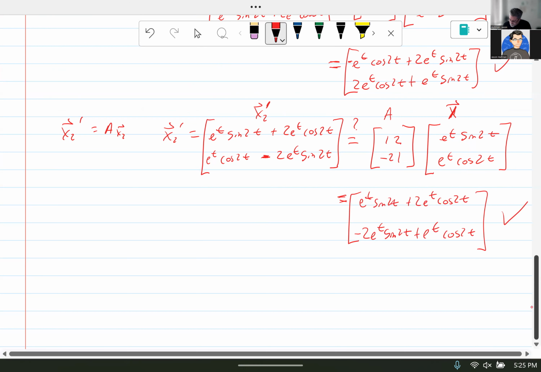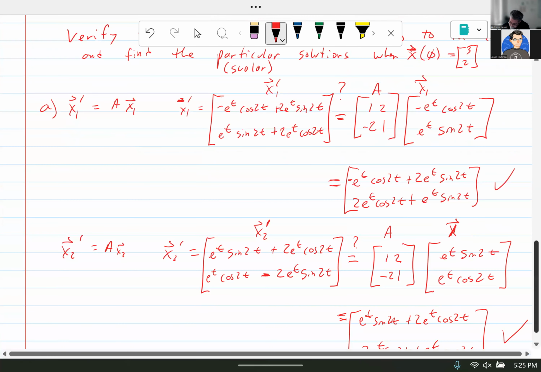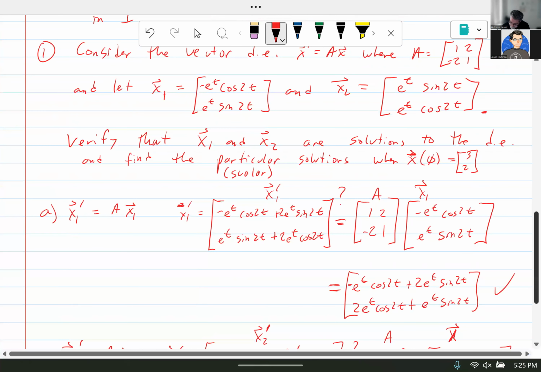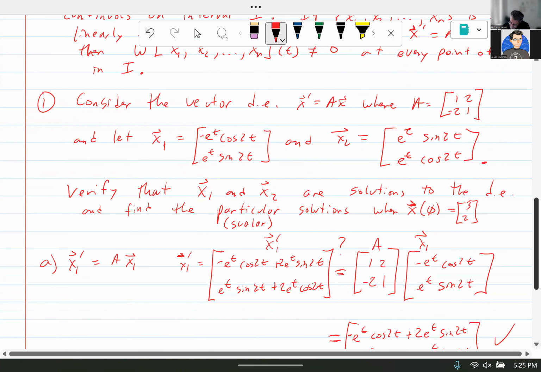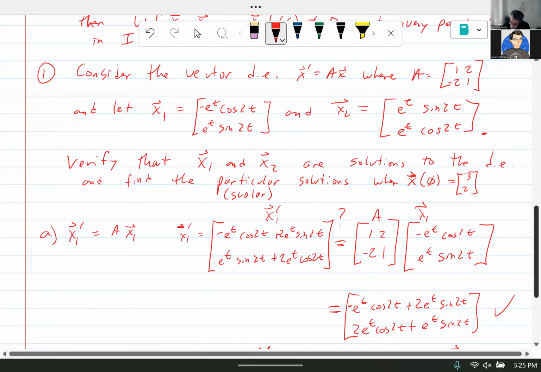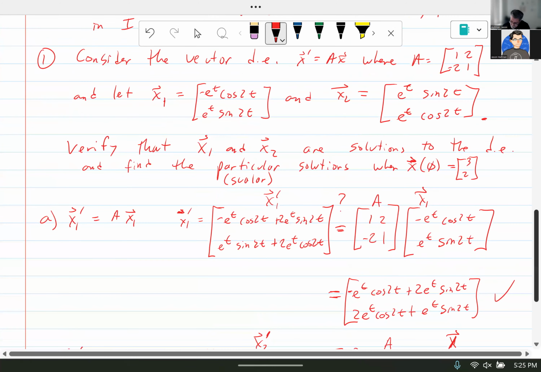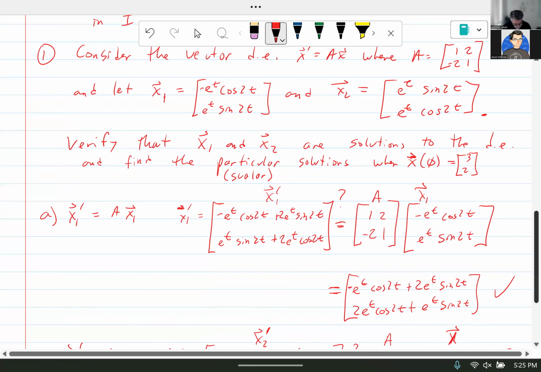Okay, so those are solutions. Verify that they are solutions and find the particular solutions when